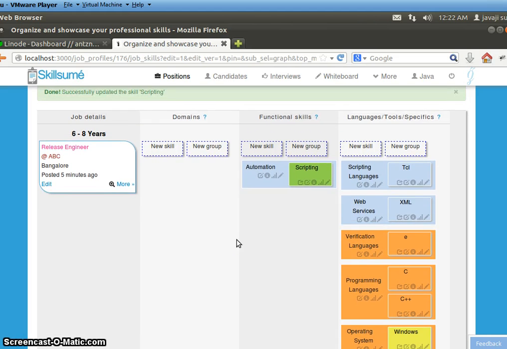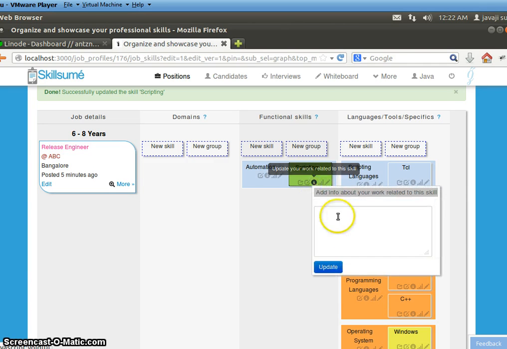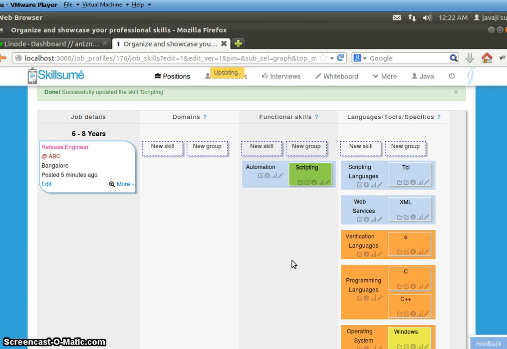Now you can add info to this scripting language, let's say. And submit it.